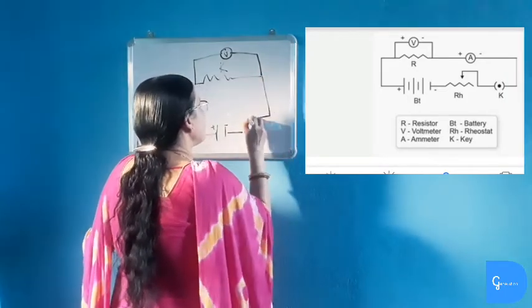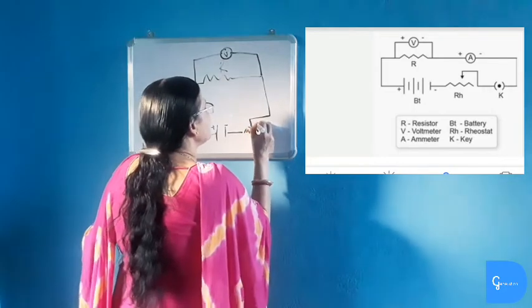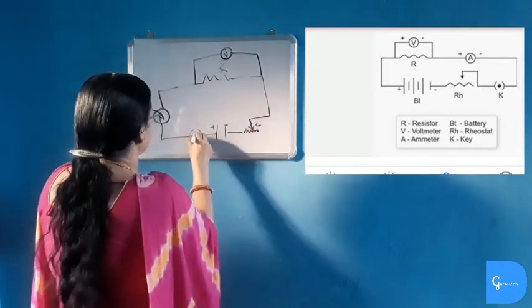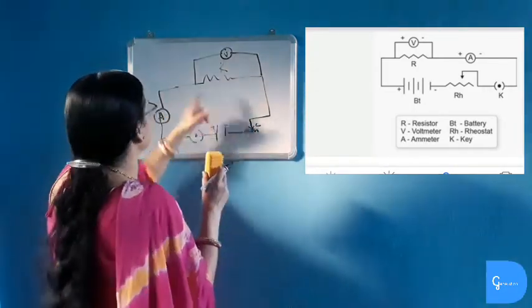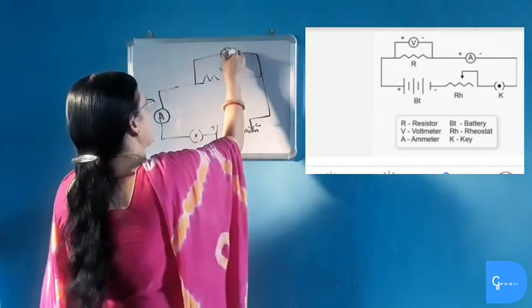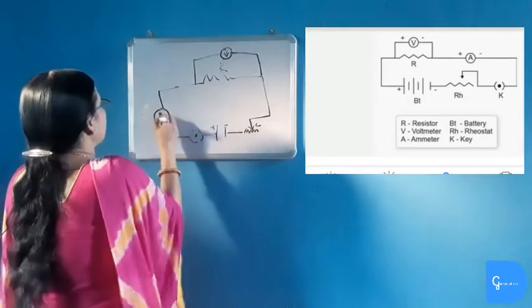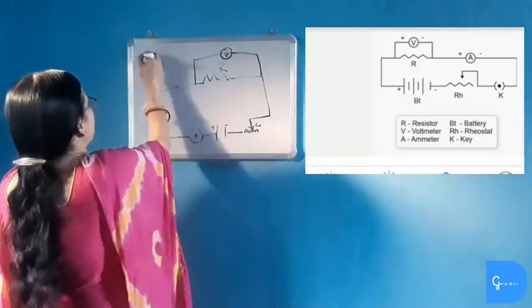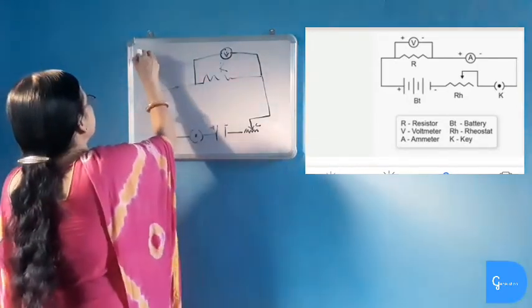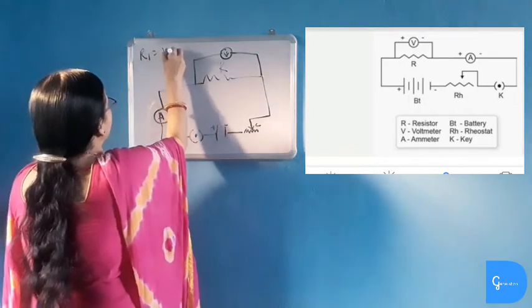Rheostat has variable resistance. This is the sliding contact C. Now if we press the switch, then current flows in the circuit. Then we will note down the potential difference V, and also the current A flowing in the circuit, measured by the ammeter. Then R1 will be V1 by